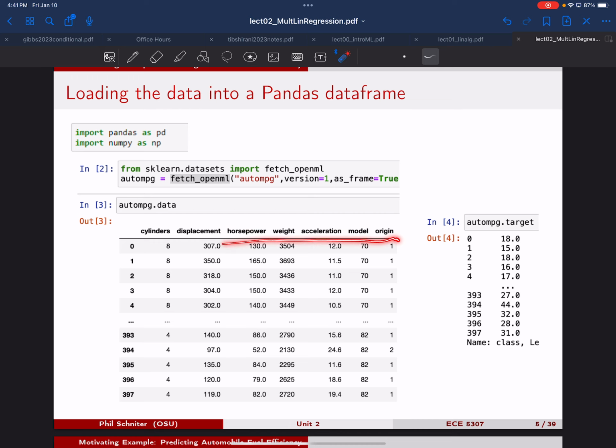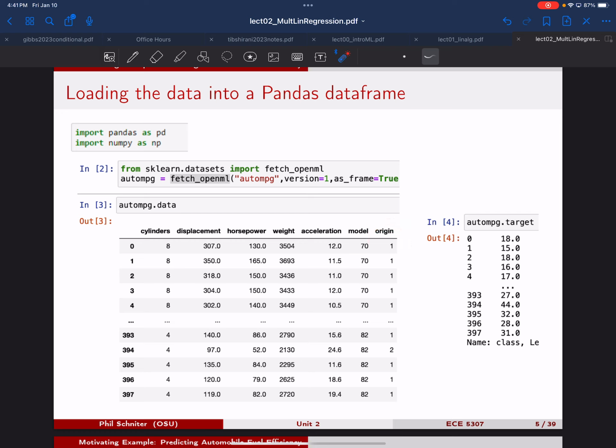And you can see in the middle, here are all the numbers. Here are those column labels. And here are the indices of the examples. So, for example, number 0, we have a car that has 8 cylinders. It has an engine with 307 cubic inches of displacement, 130 horsepower, 3,504 pounds, 0 to 60 acceleration of 12 seconds, built in 1970, and origin might be foreign, US, I'm not